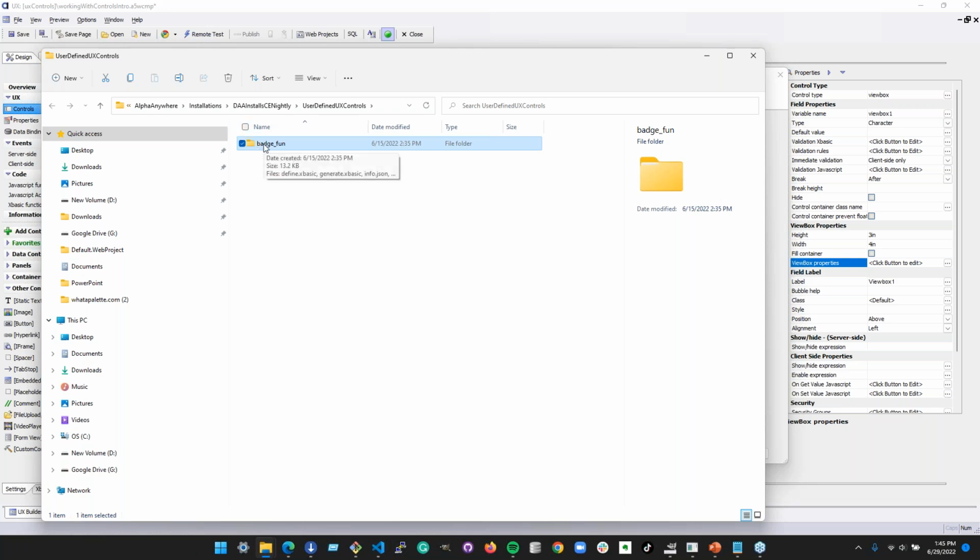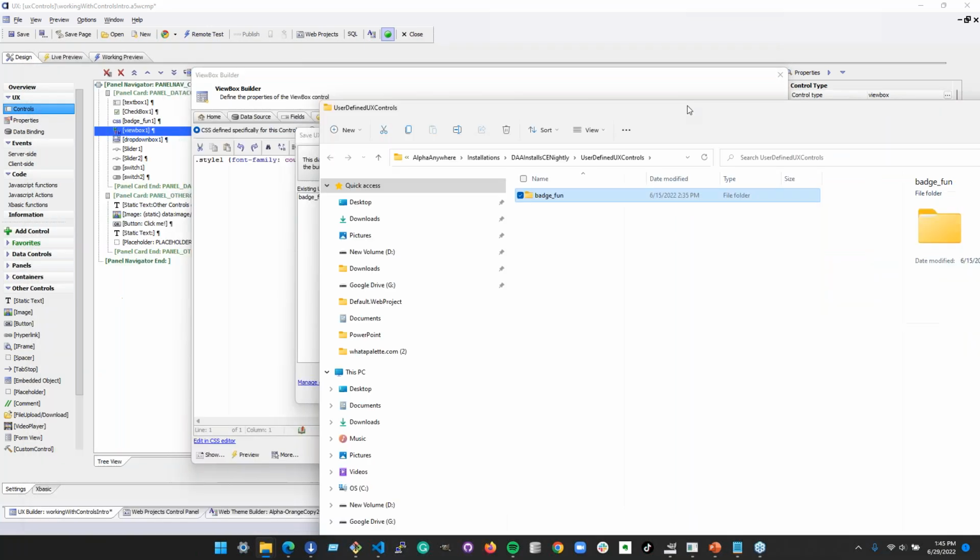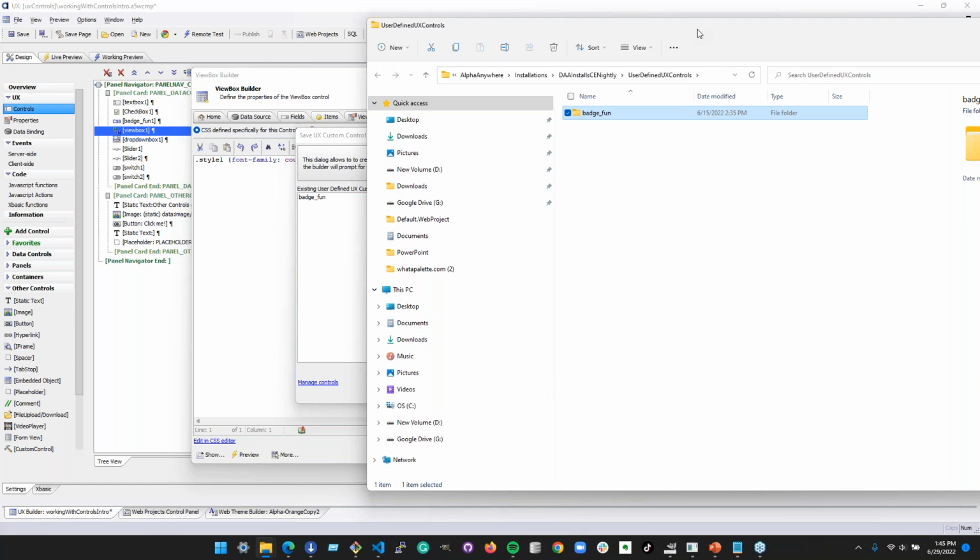The thing that you would share is this entire folder, and that folder would need to be placed inside the user-defined UX controls directory on whoever you're sharing it with. This directory doesn't get created until you've actually saved one, so they will have to at least make a placeholder to get it added. And the only way to get to this, if you do not know where it is,